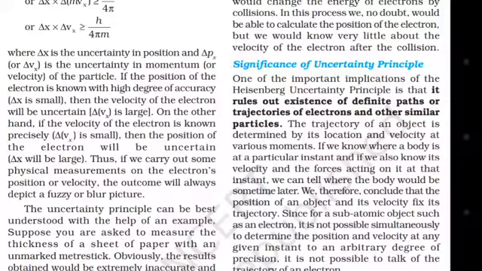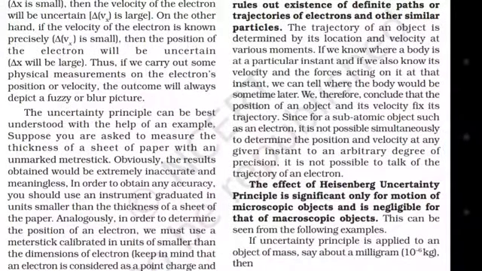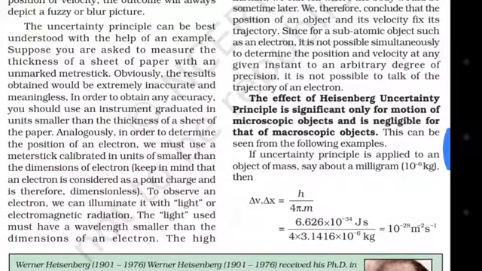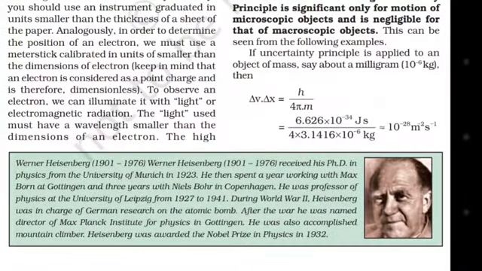Suppose you are asked to measure a thickness of a sheet of paper with an unmarked meter stick. Obviously, the results obtained would be extremely inaccurate and meaningless. In order to obtain any accuracy, you must use an instrument graduated in units smaller than the thickness of a sheet of paper. Analogously, in order to determine the position of an electron, we must use a meter stick calibrated in units smaller than the dimensions of the electron. Keep in mind that the electron is considered a point charge and is therefore dimensionless. To observe an electron, we can illuminate it with light or electromagnetic radiation. The light used must have a wavelength smaller than the dimensions of an